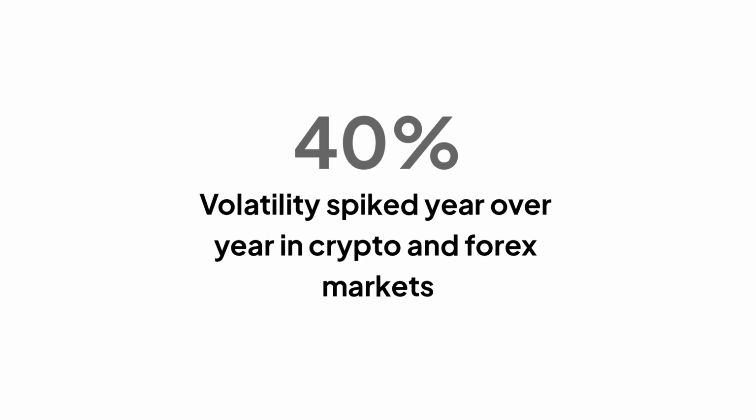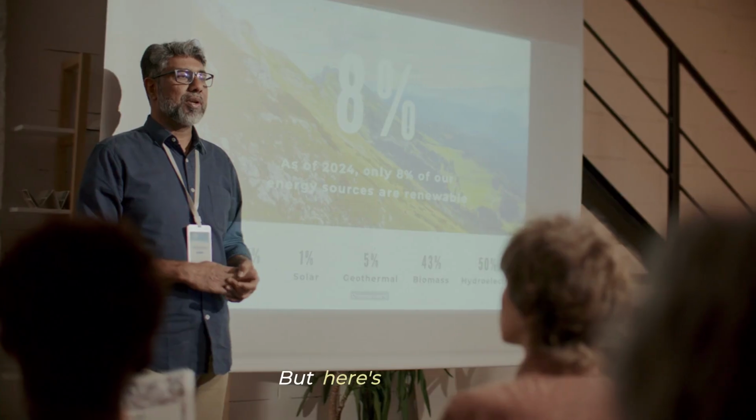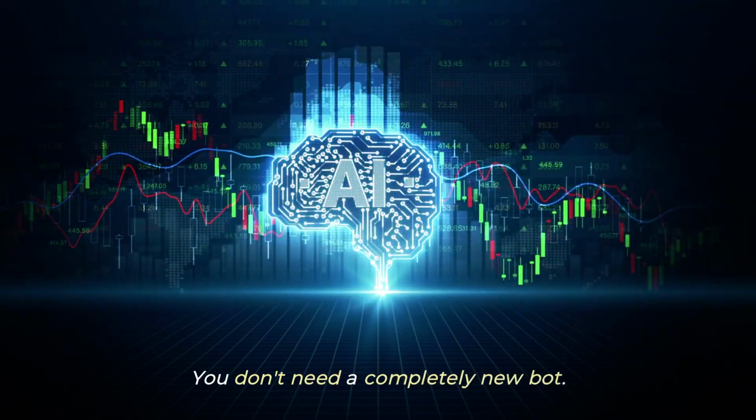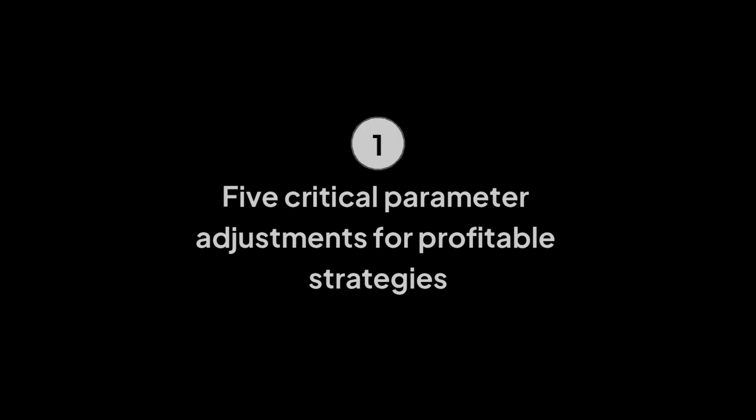Volatility just spiked 40% year over year in crypto and Forex markets, and most bots are getting liquidated because they weren't designed for this kind of chaos. But here's the thing. You don't need a completely new bot. You need 5 critical parameter adjustments that will keep your strategy profitable through the storm instead of blowing up your